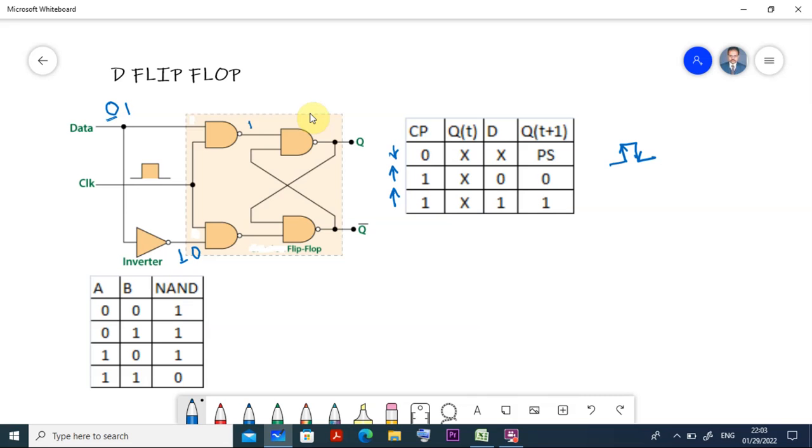Similarly, here the first one was 0, here it is coming 1. Okay, here 1, and in the first case the clock pulse is equal to 0, because there is no clock pulse provided in the first case, it is equal to 0. Are you getting me? So now here also by default it is 0, and here also it was 0.